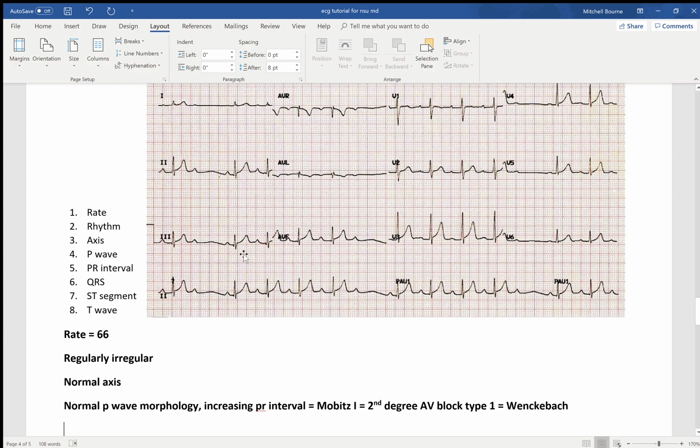QRSs, they're all narrow complex. They look fine. There's nothing weird about it. There's no bundle branch blocks. You can also get electrolyte abnormalities, like severe hyperkalemia can cause the QRS to widen and eventually cause